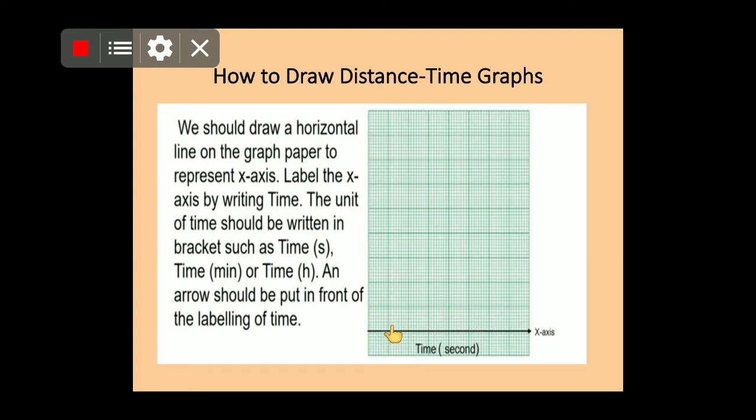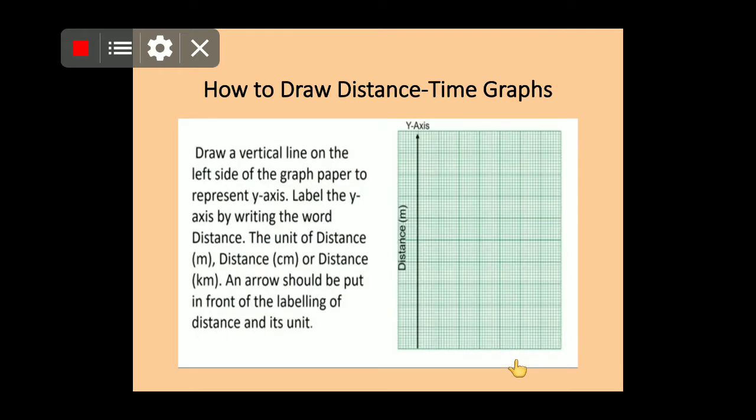And suppose on the x-axis we are marking the time, so the unit of the time should be there in the bracket. So it can be in seconds, it can be in minutes, or in hours. So an arrow will be marked over here. So the next step will be